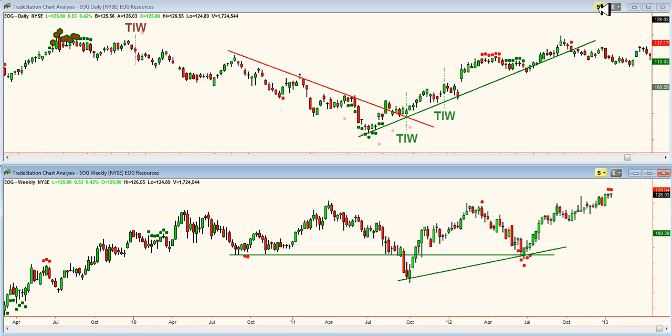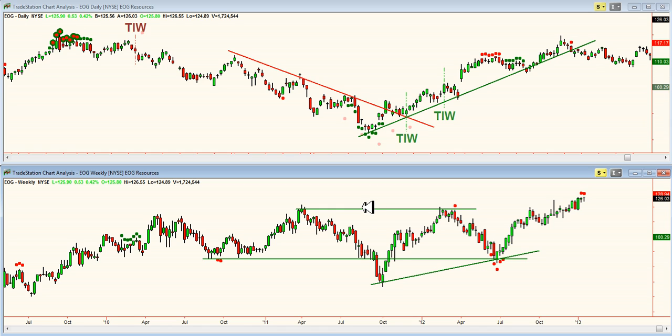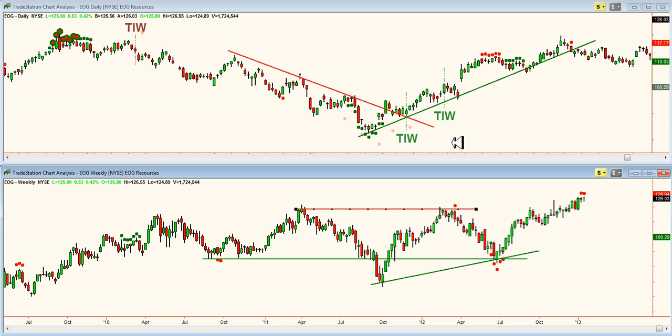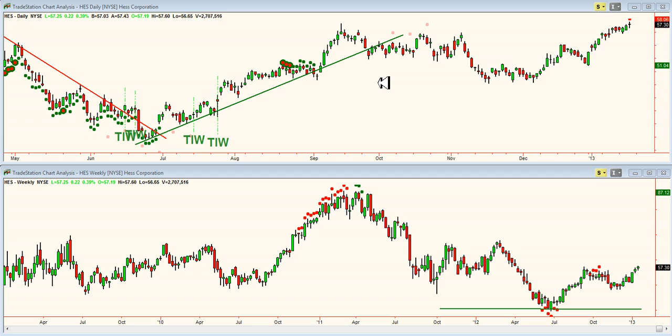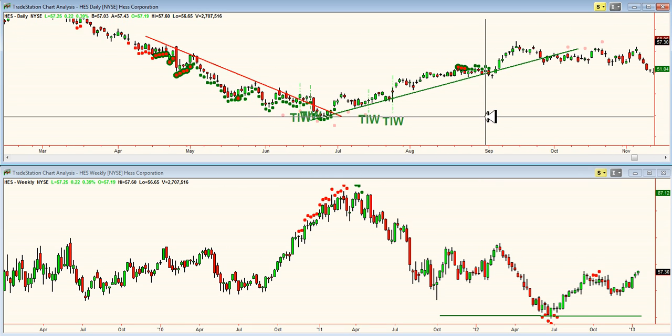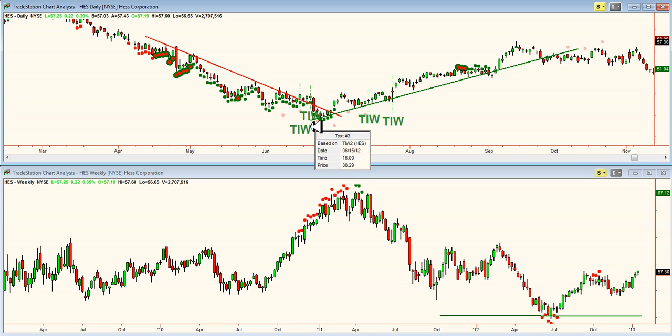And if you will notice, when it fired on the weekly, there was a resistance line. So both bullish and bearish, there it was, our signals on EOG. How about HES? A few signals here that did nothing, but a downtrend line